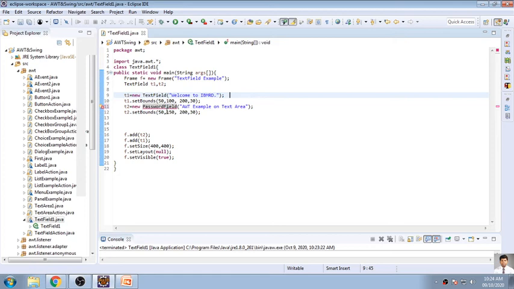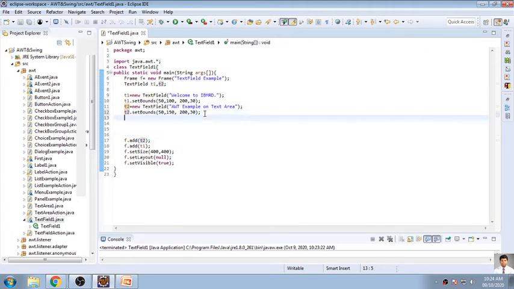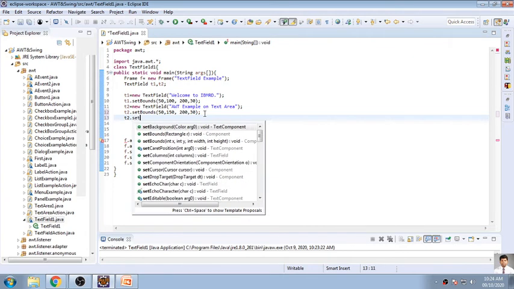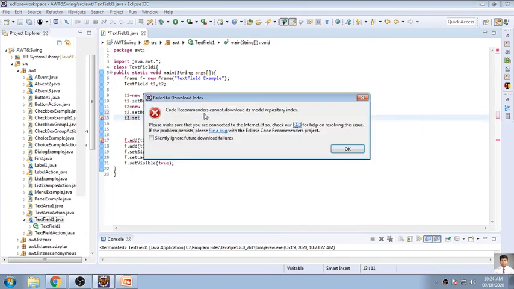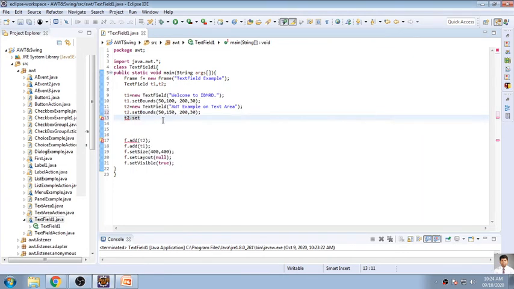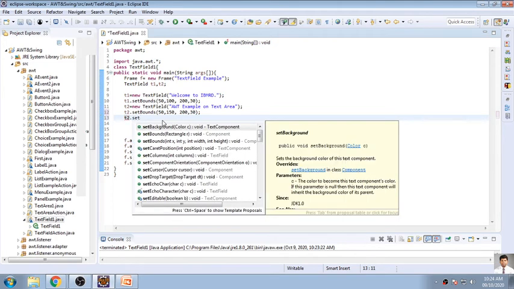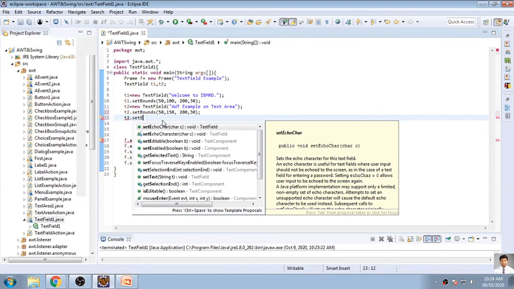So you will find that there is no password field available. So what we have to do is, now this is object T2. So now what I will do is T2 dot set echo. See this, set echo char.